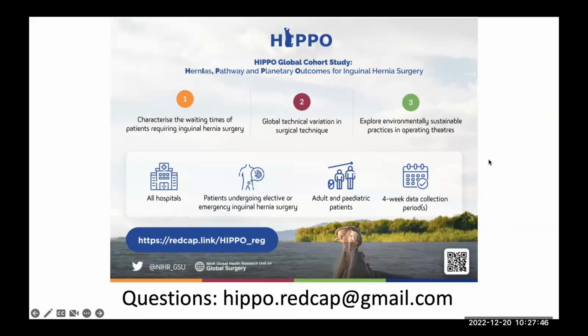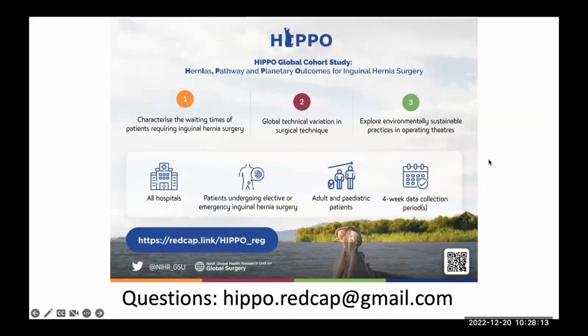Yeah, so we are not collecting any identifiable data. In terms of patient data, we are collecting general demographic things like age, sex, weight and all these measures. And in terms of the surgeon who performs the operation, we are also not collecting the name or anything like that.